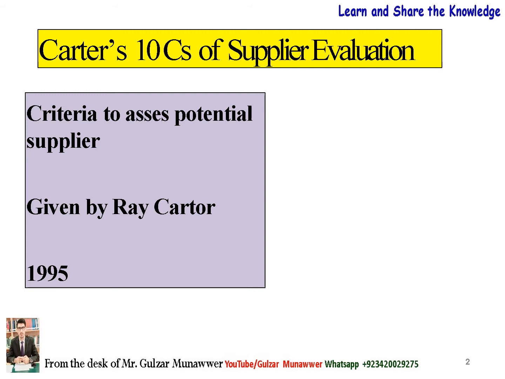Carter first proposed this model in an article published in Journal of Purchasing and Supply Management in 1995. Originally, he proposed 7 criteria for evaluating suppliers. He later added 3 more criteria to his model, resulting in the 10 C's. It's good to know that Carter's 10 C's are not just a checklist; instead, they are a model that allows you to perform a comprehensive evaluation of potential suppliers. So let's take a deeper look into each of the 10 C's of supplier evaluation given by Carter.